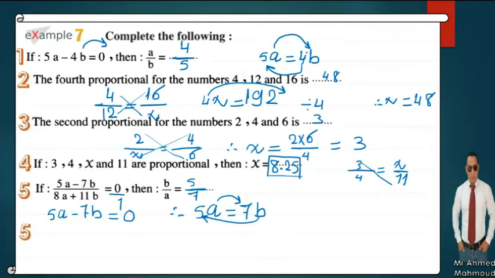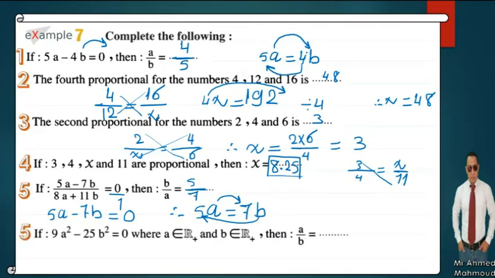The next one, 9a² − 25b² = 0. I can solve this one in two different ways, by using factorization or by the normal equation. I will use the equation. I will send the negative 25b² to the other side. It will be like this: 9a² equals